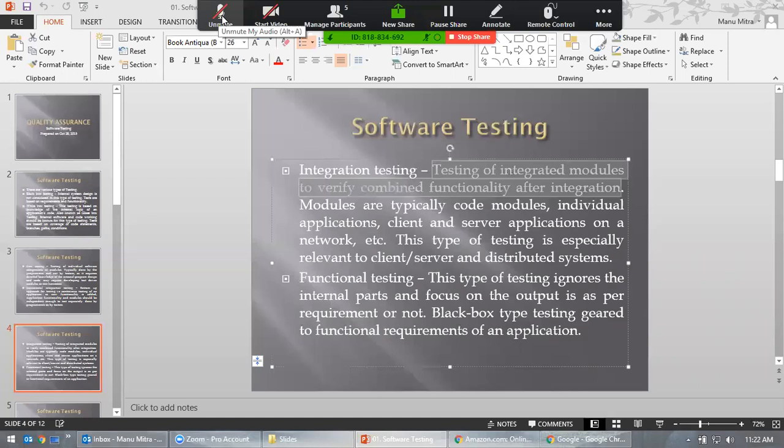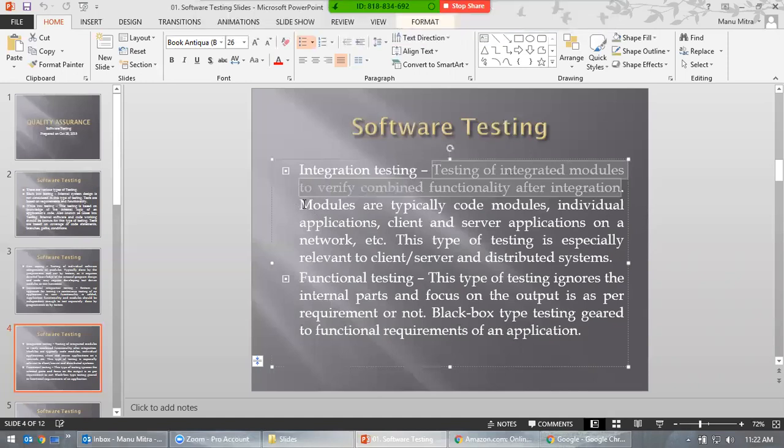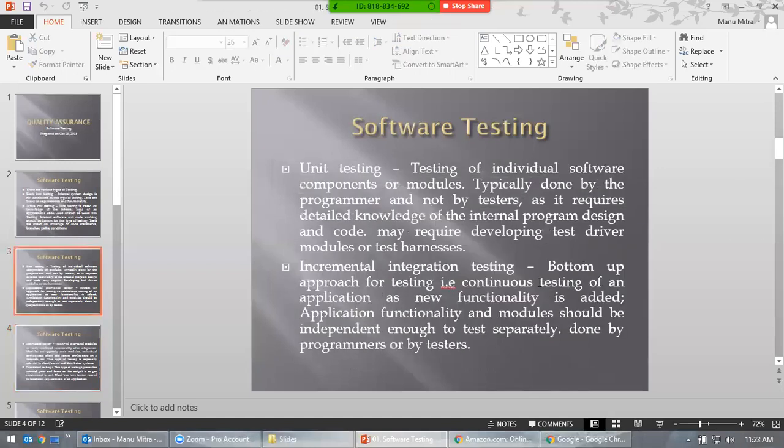Okay, so that's called integration testing. Normally testers can do this. Testers are sometimes developers. So developers do a different SIT. They do SIT, system integration testing. Most of the time they do, but as a tester or developer, anyone can do this, based on the project. How the project is, and based on that you can do. Okay, let's go to the next one.